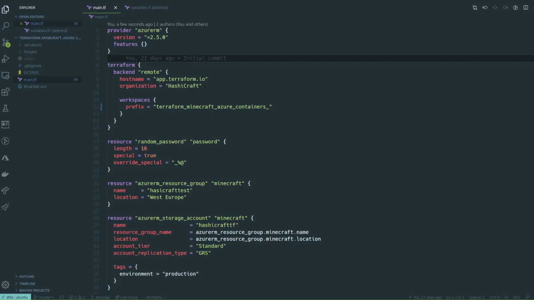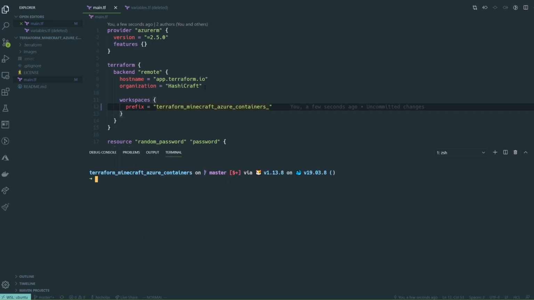When I'm running them inside of Terraform Cloud, it's just going to use the workspace as it exists there. This is only for my local interaction. So I'm going to use this prefix, and this allows me to set things up dynamically. But I also need to start taking into account Terraform workspaces on my local environment.